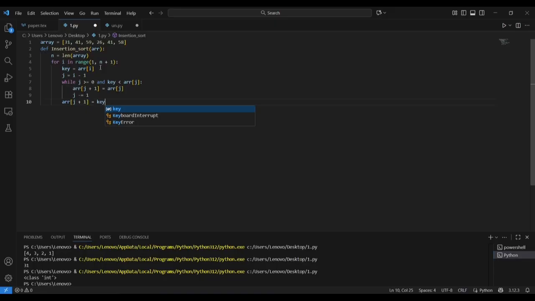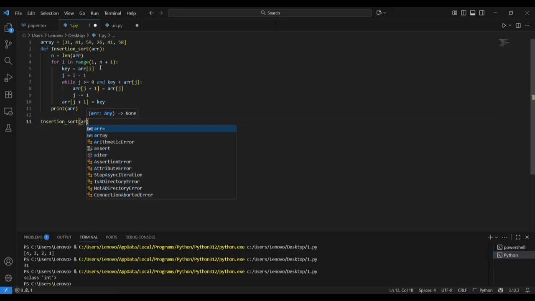So yes, this is the basic algorithm of insertion sort, and here we can print our array, or if we want, it's better to define it in here, and here we can print our array. Because insertion sort is an in place algorithm, we can print it. So if we use insertion sort of array,